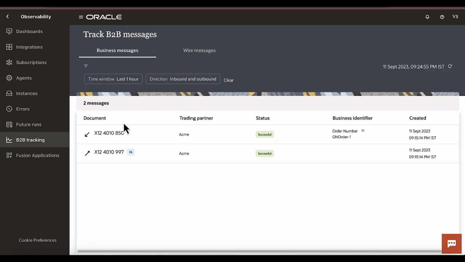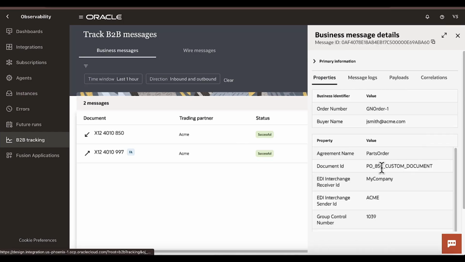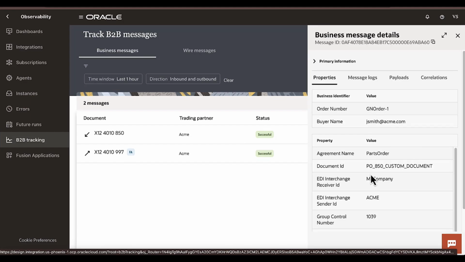The business messages section shows all the processed B2B transactions with information such as direction, transaction type, trading partner, and status at a glance. We also have the business identifier with the order number here, which we just processed. We can also drill into this business message to see more details about the message that was exchanged, along with